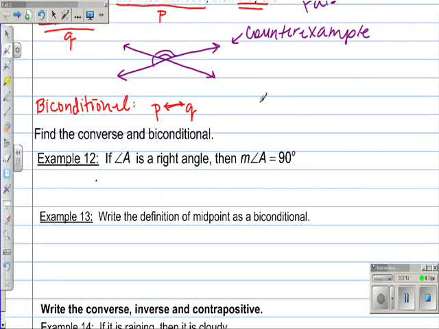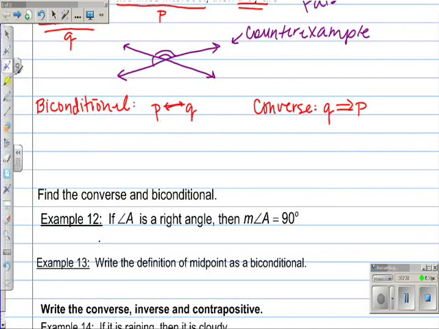Now, the converse means that if Q is true, then P must be true. Okay? So on a biconditional, you would say your hypothesis is true if and only if your conclusion is true. That means your hypothesis is true. If your hypothesis is true, then your conclusion,